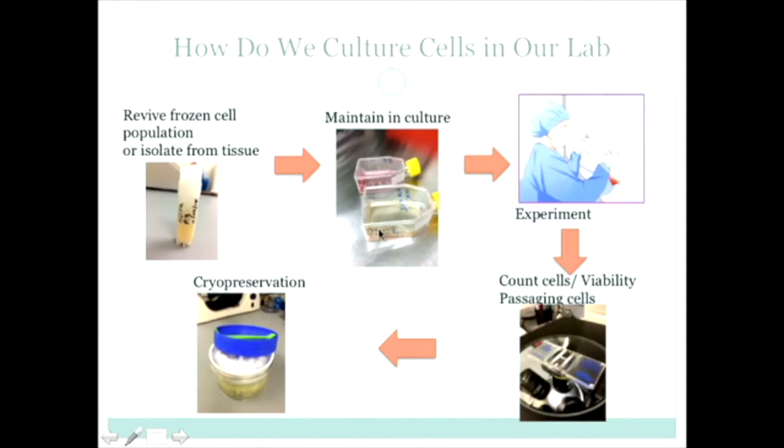I have here flasks where we grow some cells. And then you do your experiment, whatever you have to do with cells. When your experiment is done, the excess cells you can freeze again until next time, or you can ask people in the lab if somebody needs them and share with them. But during your experiment, scientists have to count cells, determine viability of cells, and passage cells. So how to do that?